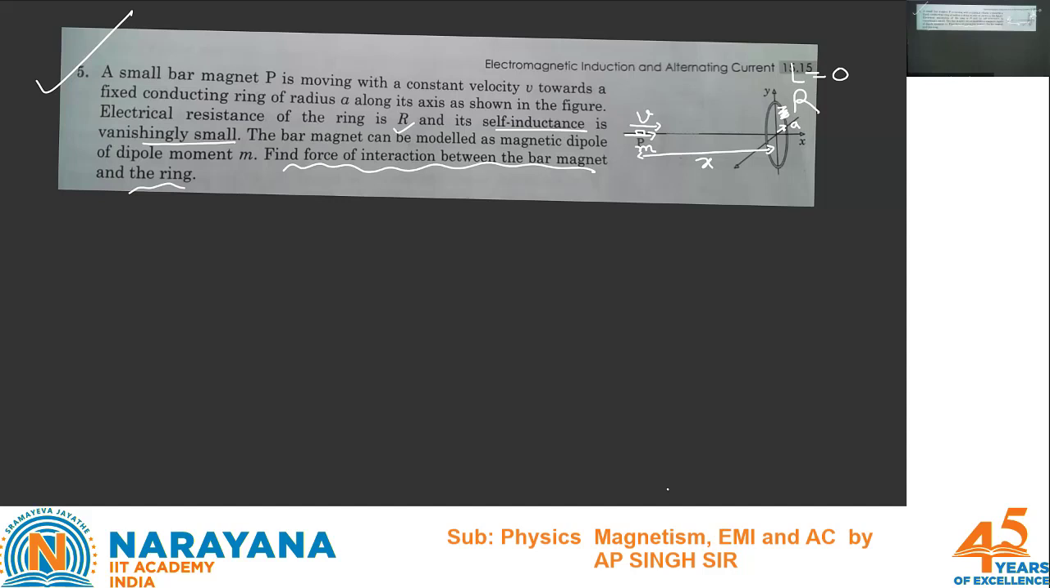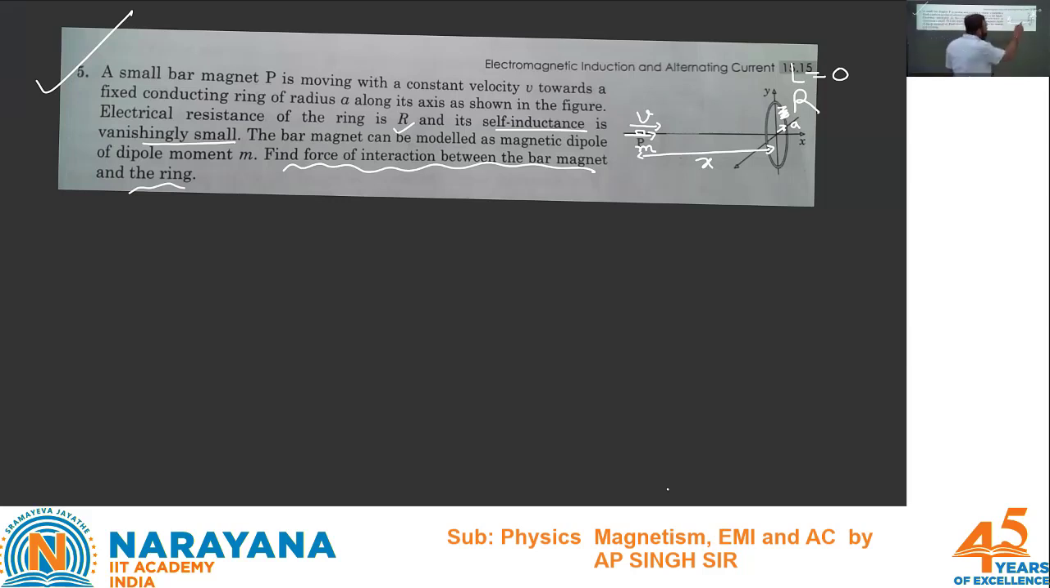Now let's see how we analyze this combination. What should we do in this problem? My idea is three or four steps, so just listen to the steps and then you have to solve. First of all, the bar magnet will move towards the ring. Because of the magnetic field lines generated by the bar magnet, the flux will pass through the bigger ring. Now, as this bar magnet approaches close,